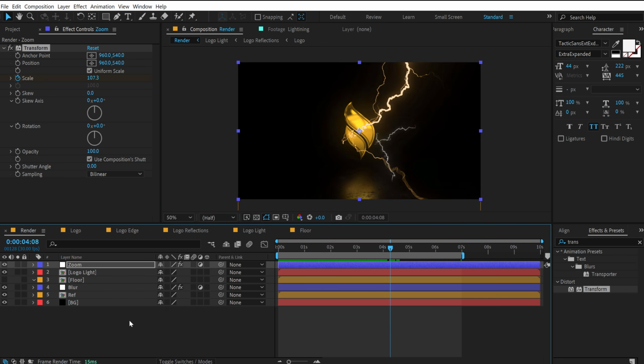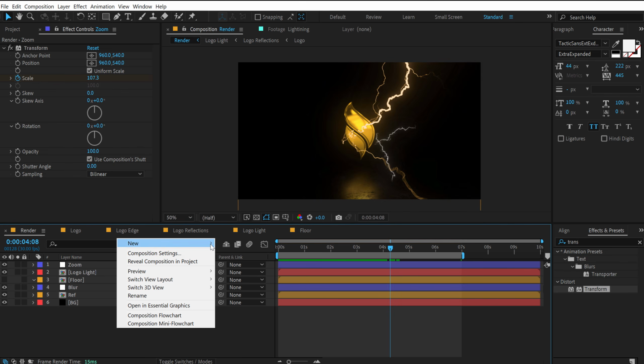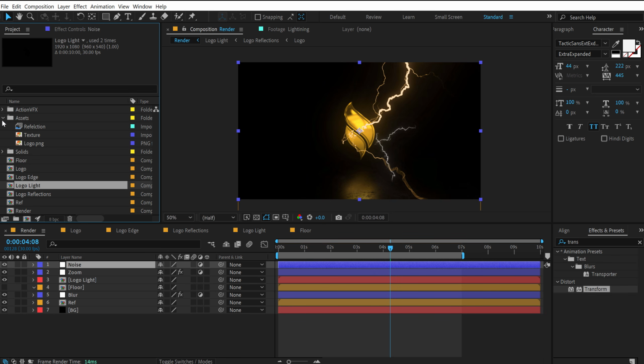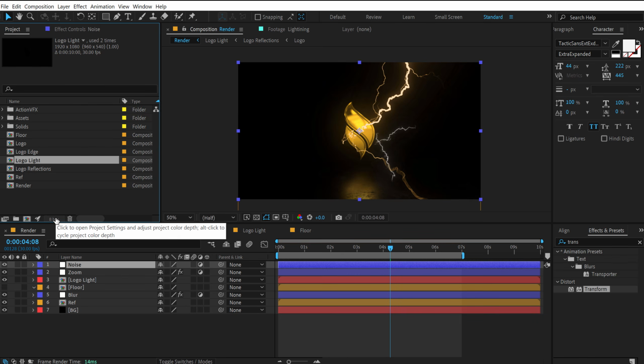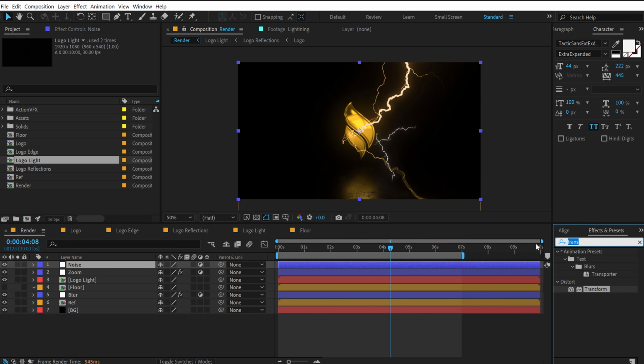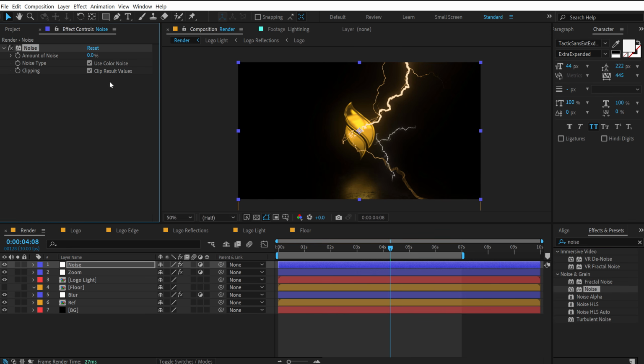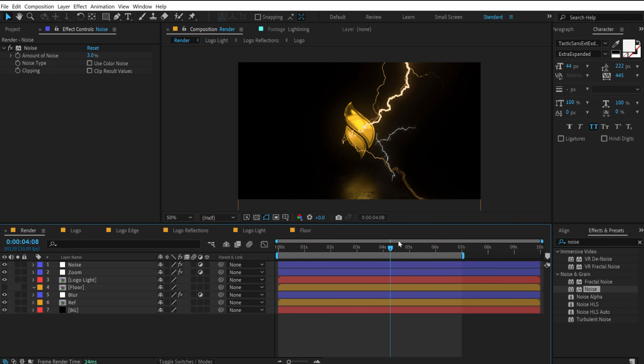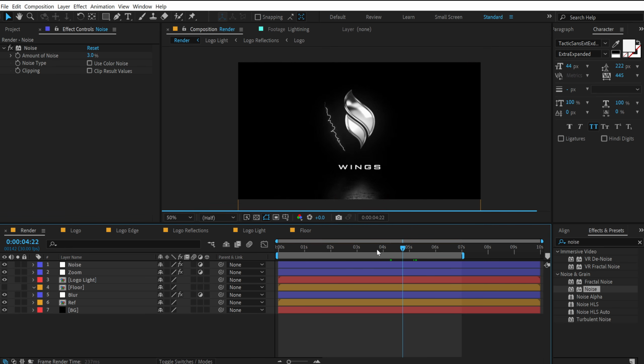And to add a final touch, I'll also create a new adjustment layer again, and let's add some noise. And also, whenever you're working with glows, always switch to 16-bit. So hold Alt and click on this button. Then select the noise adjustment layer, go into effects and presets and search for noise effect. Double click to apply this, unlink these two or uncheck these two, and then set this to 3%. This will add some nice noise into our comp or project, and boom,